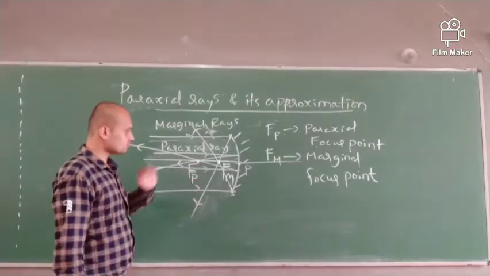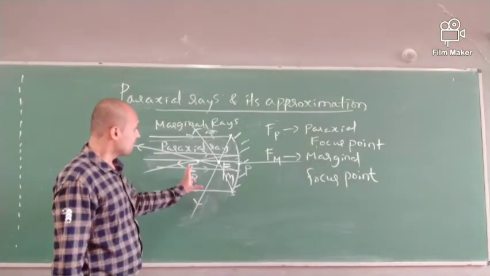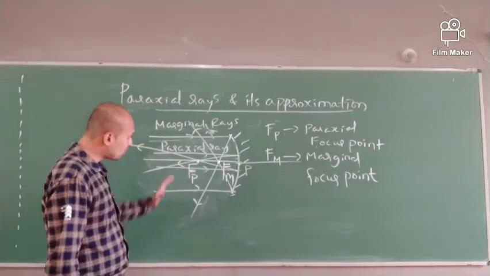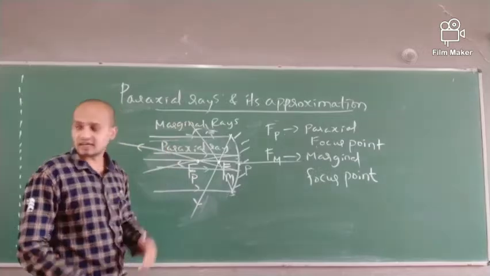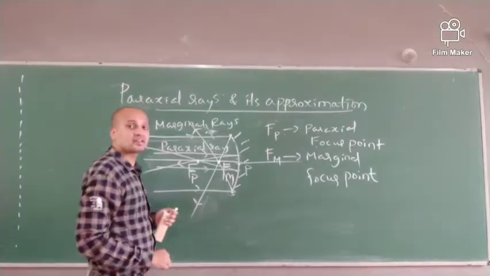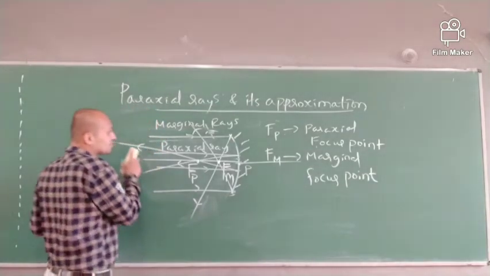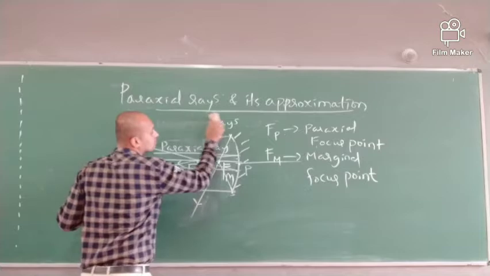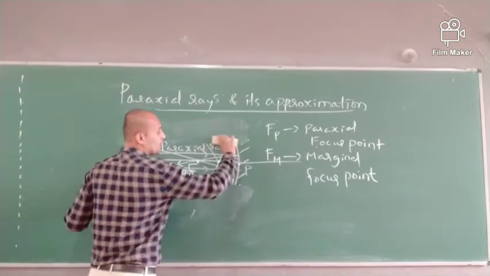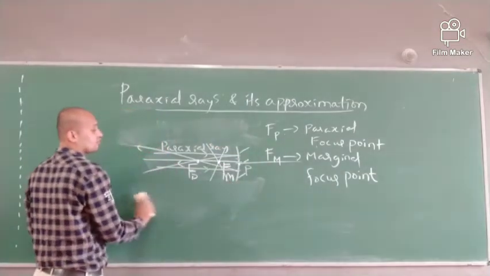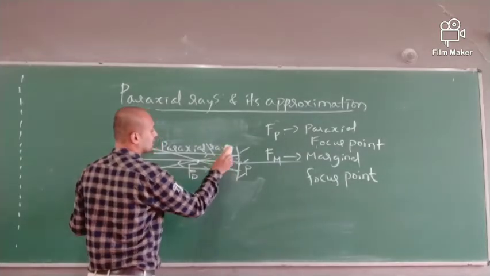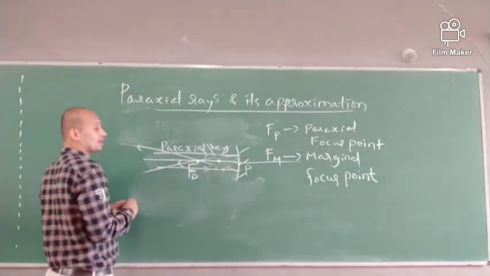Now generally what we do is consider only one focus point. For any mirror you are studying, you will make the assumption that the rays are paraxial rays. When you make that assumption, you will not worry about these things. If you look at the diagram, certain things have changed. What are the things that have changed? Let me explain.